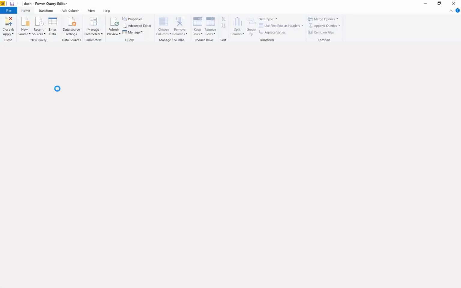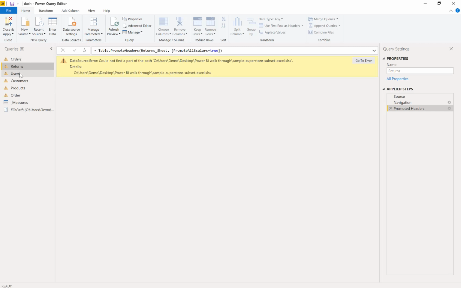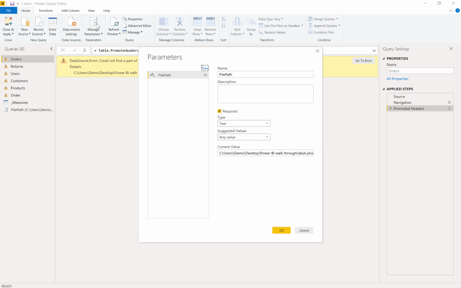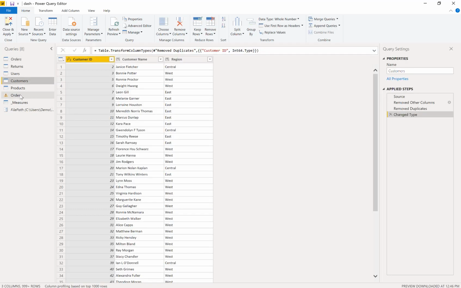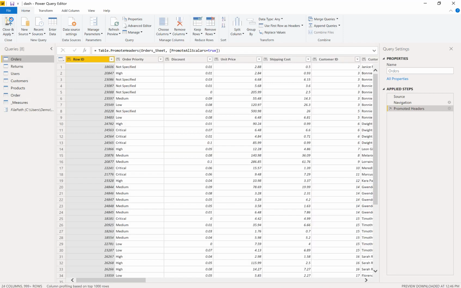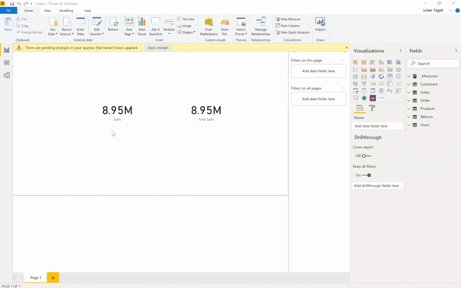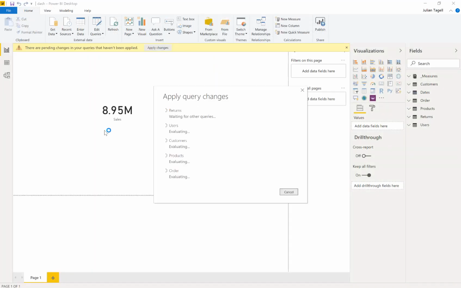Okay, so as we go back into the queries, we can see that they're currently not working, but in order to make them work, we just simply have to update this location of the PBIX file. Then hit OK, and all the other ones are currently working. They found their data source. So that's fantastic. There's one other thing that's important to know,